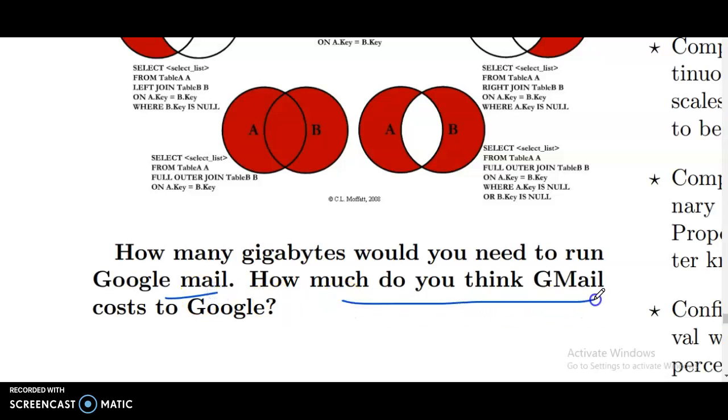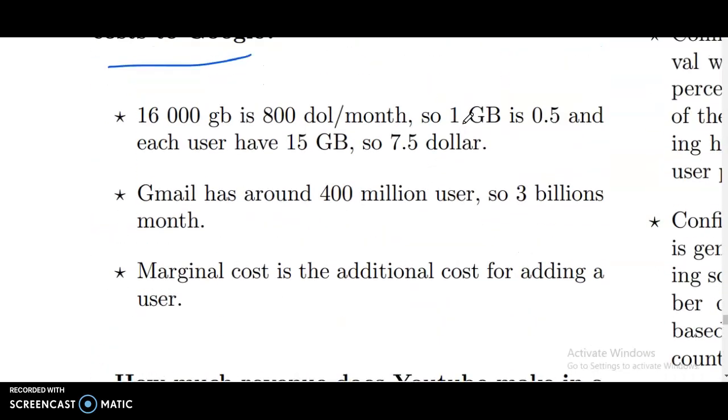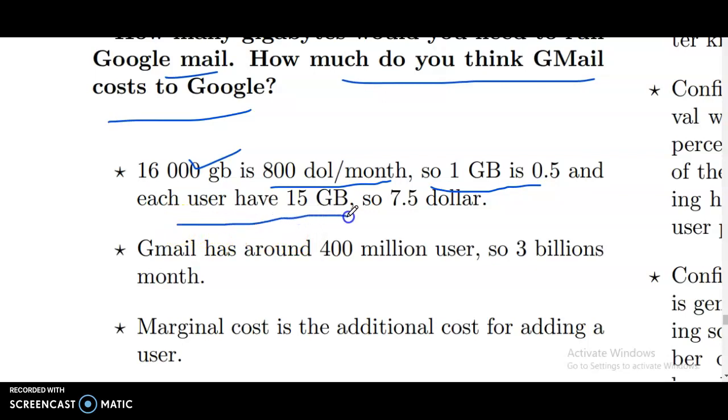How many gigabytes would you need to run Google Mail? How much do you think Gmail costs Google? 16,000 GB is 8 to 12 dollars per month. So 1 GB is 0.5 dollars and each user has 15 GB, so $7.5. Gmail has around 400 million